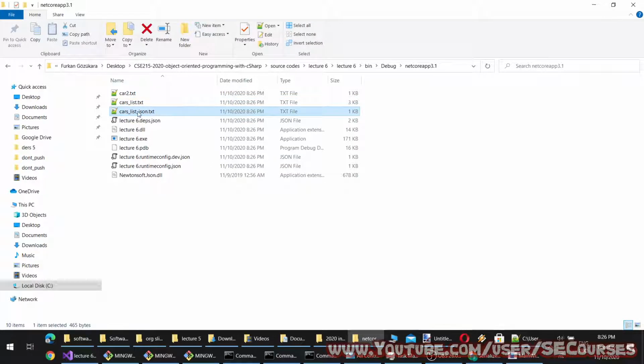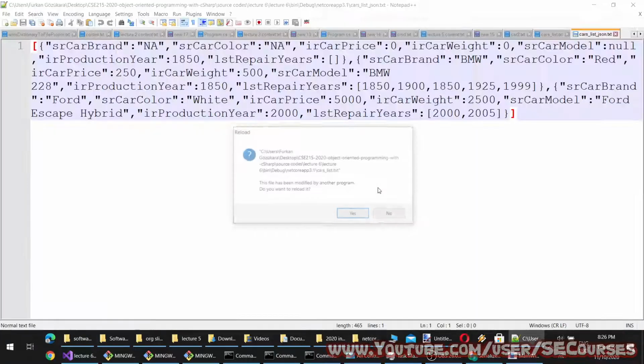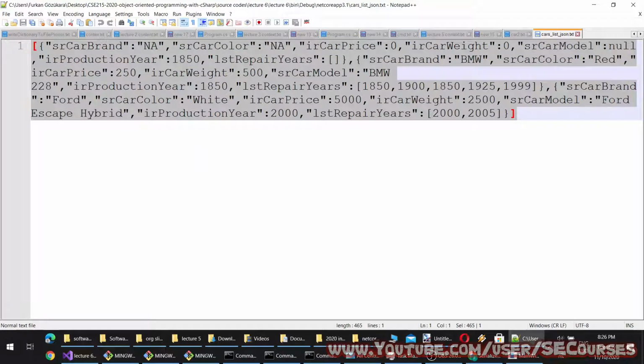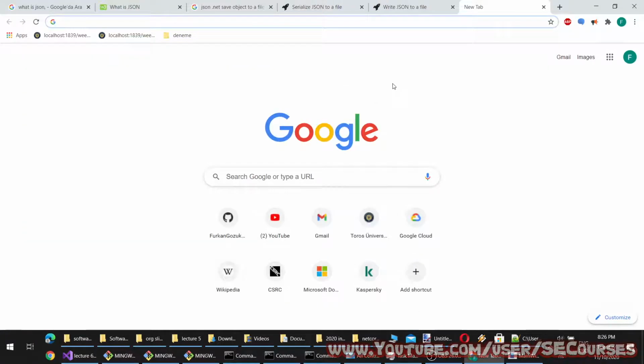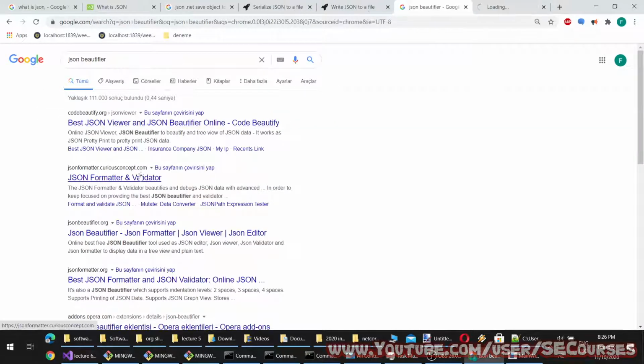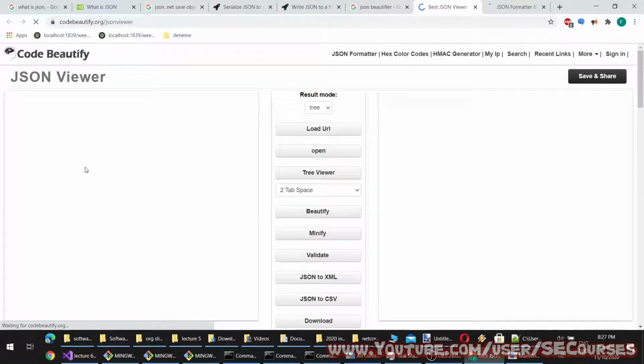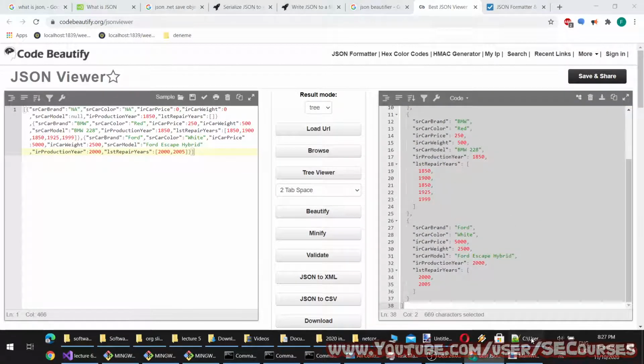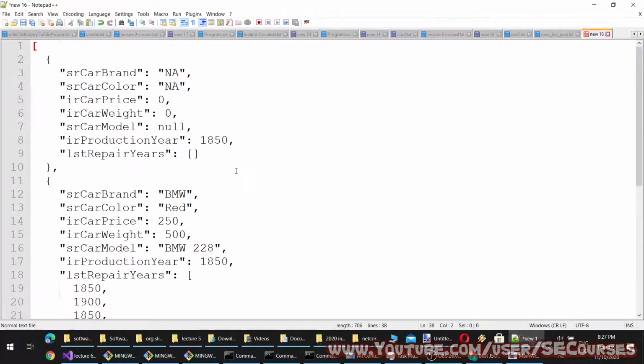So let's execute this step and let's see the composite file. It is this one, and you see it is much clearer. It is in JSON format. You can also beautify this. Let's beautify it. Okay, and you see it becomes like this when beautified. So it is, as you can see, pretty readable.